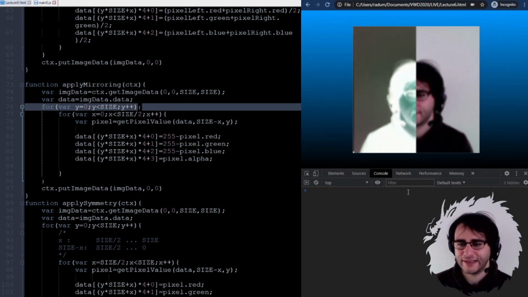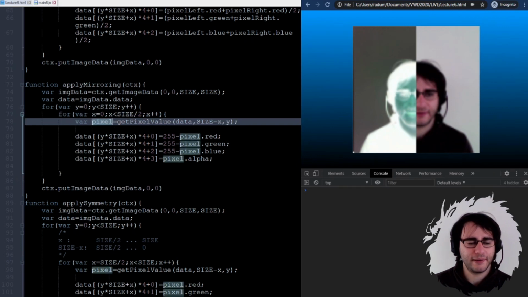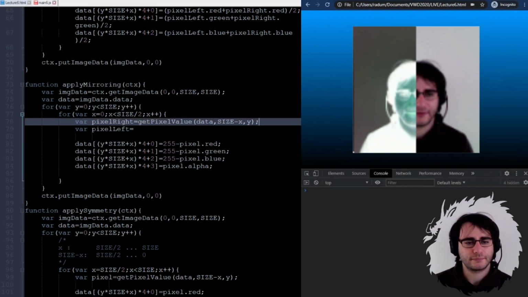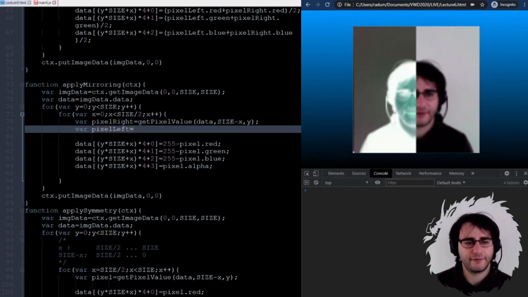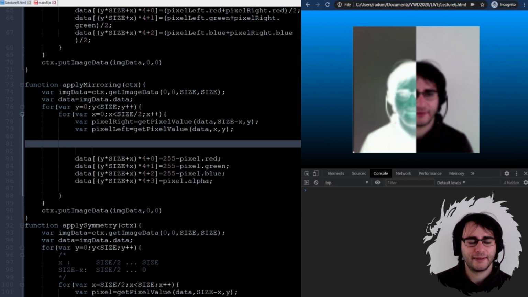Let's try this one. So swap entries and only go until the middle. Okay, so I'm going only until the middle now, and I'm getting the pixel value in the opposite. So let's say pixel right and pixel left is just going to be the value at X. So this is only going on the left side, and I'm going to swap them. So basically,